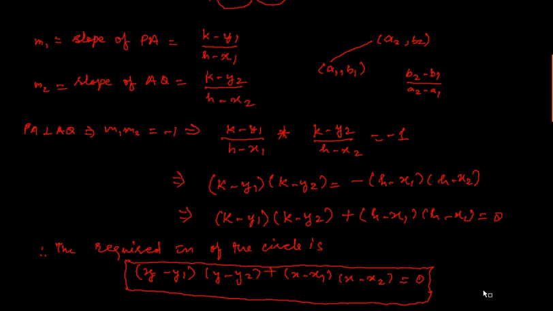diameter. Now, for example, you need to find out a circle whose endpoints of the diameter are 1 comma 2 and 4 comma minus 3. Then you can simply write the circle as y minus 2 times y minus minus 3 plus x minus 1 times x minus 4 is equal to 0. This is the equation of the circle with 1 comma 2 and 4 comma minus 3 as the endpoints of